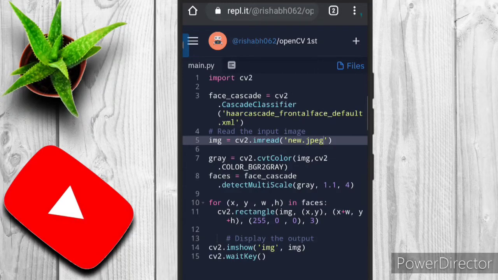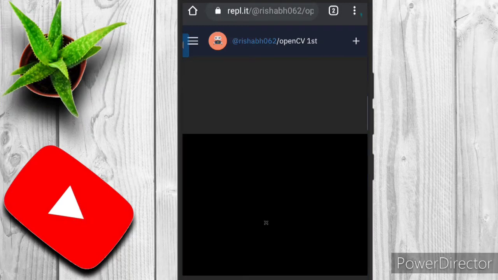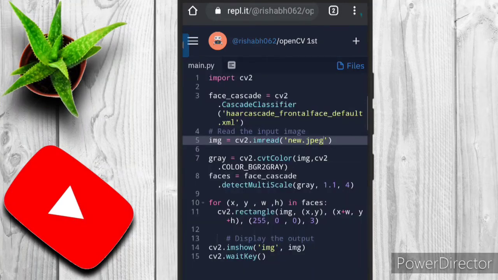So for displaying the output, we are going to use imshow. Not just we, everyone is going to use that. With imshow, we are going to display our image, and in the 15th line is cv2.waitKey. It will definitely move our output into an infinite loop, so to avoid it, you can use break here with a certain key to stop the program. So I hope you understand.